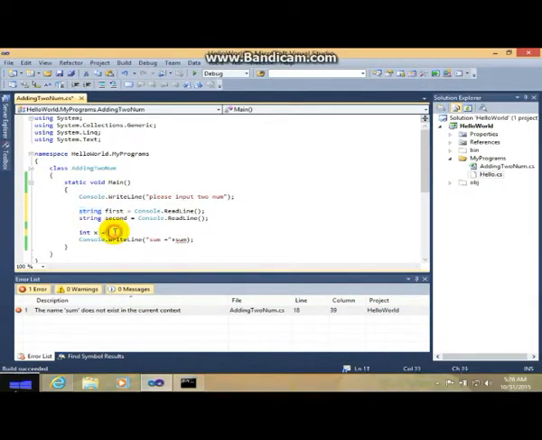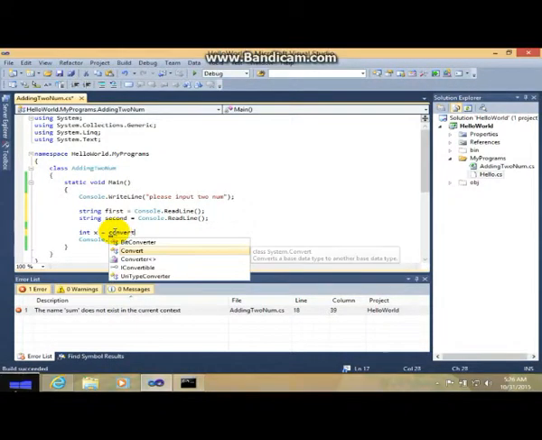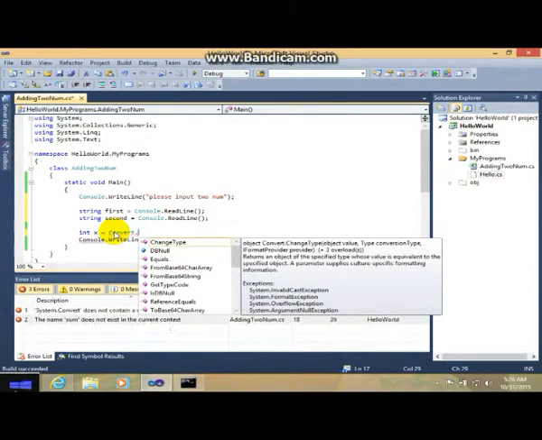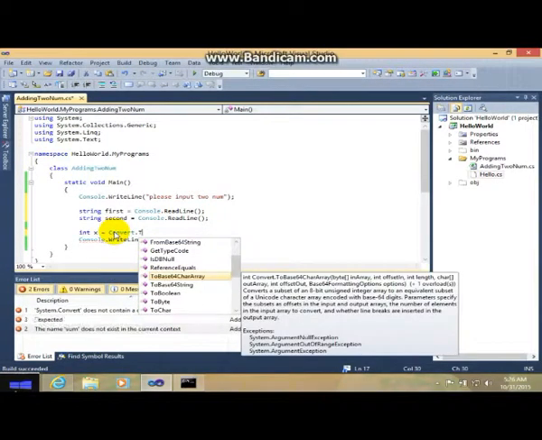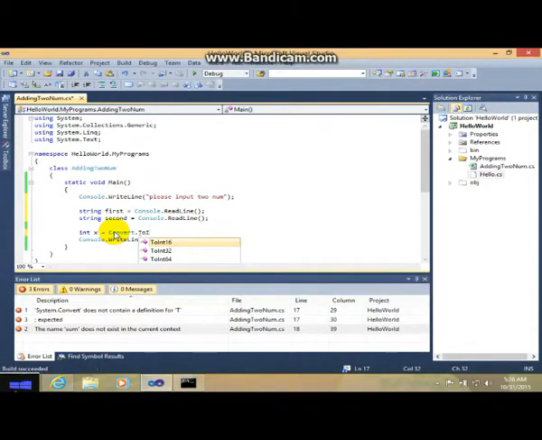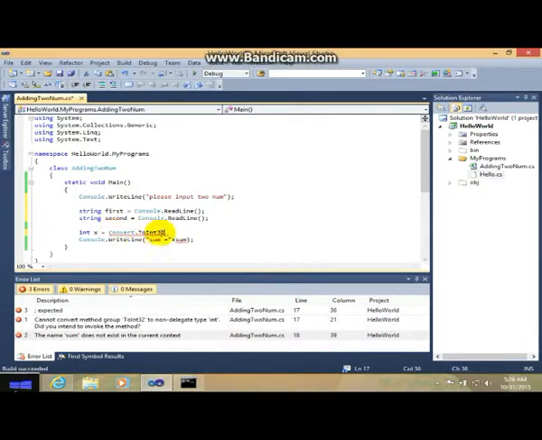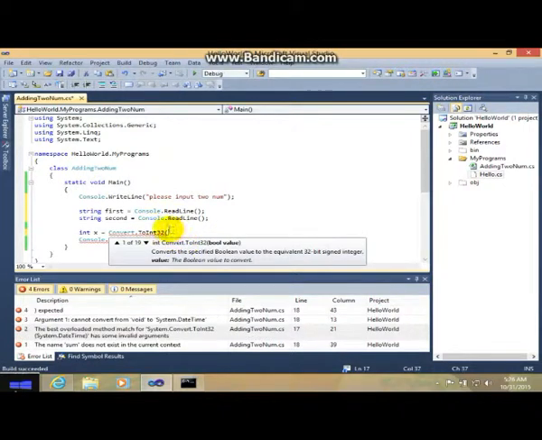So make sure to convert that. Convert.ToInt32, with capital I, like this. And what this does, you will need to enter what variable you want to convert.